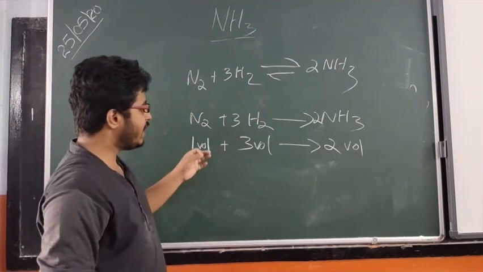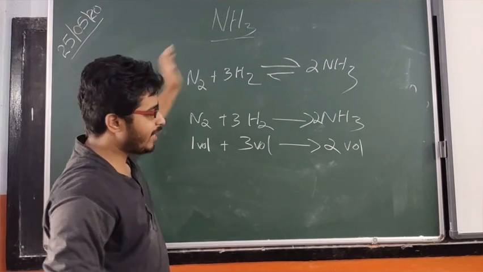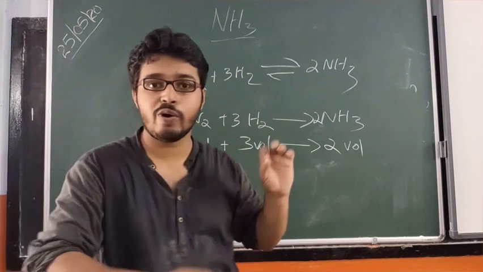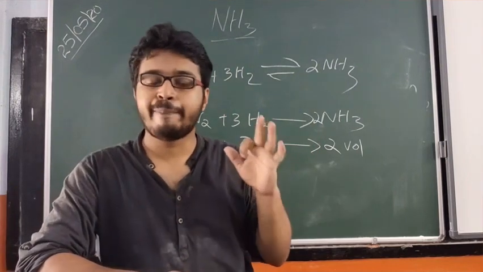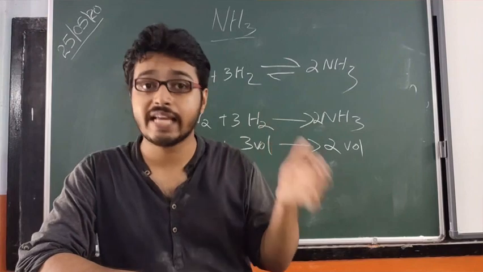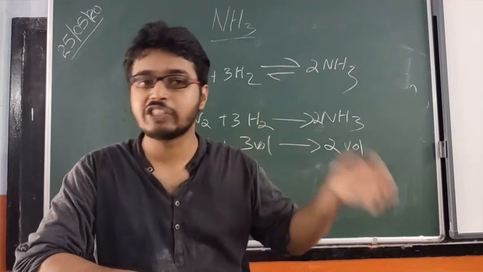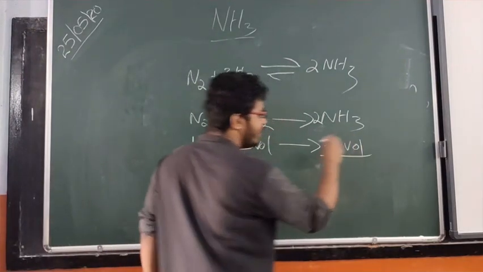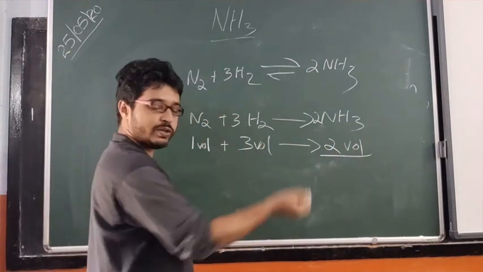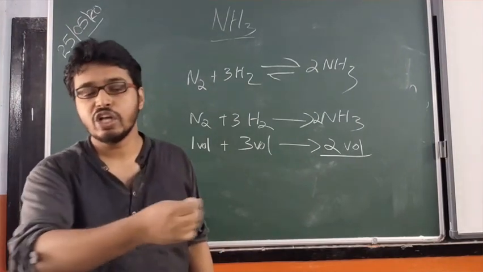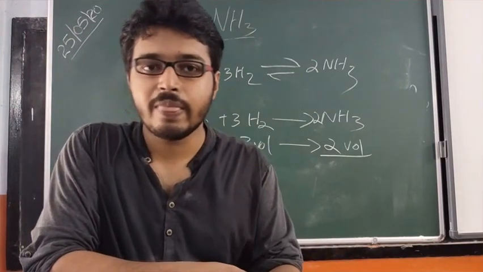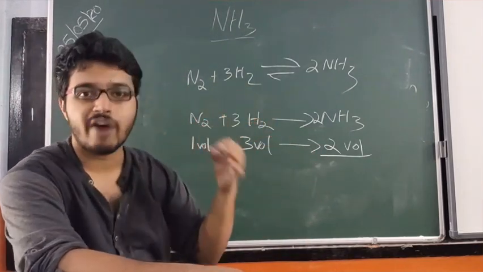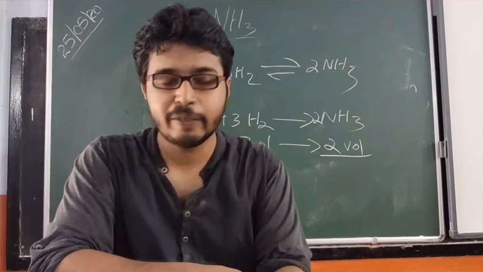Or in other words, to reduce the volume, what are we supposed to increase? You have to remember Boyle's law: at constant temperature, the pressure and volume are inversely proportional. Or in other words, when pressure increases, volume decreases. So here, in order to form ammonia, we need to reduce the volume. So to reduce the volume, we need to increase the pressure. If you are increasing the pressure, the volume will decrease. Or in other words, more ammonia will be formed if you are increasing the pressure.